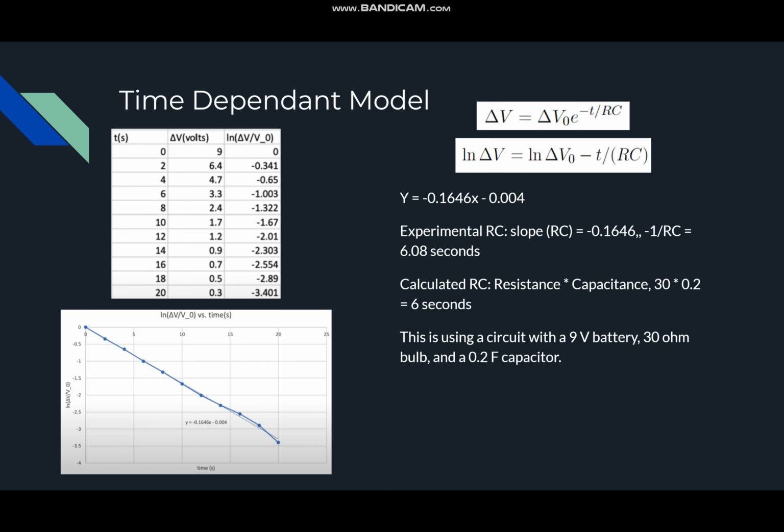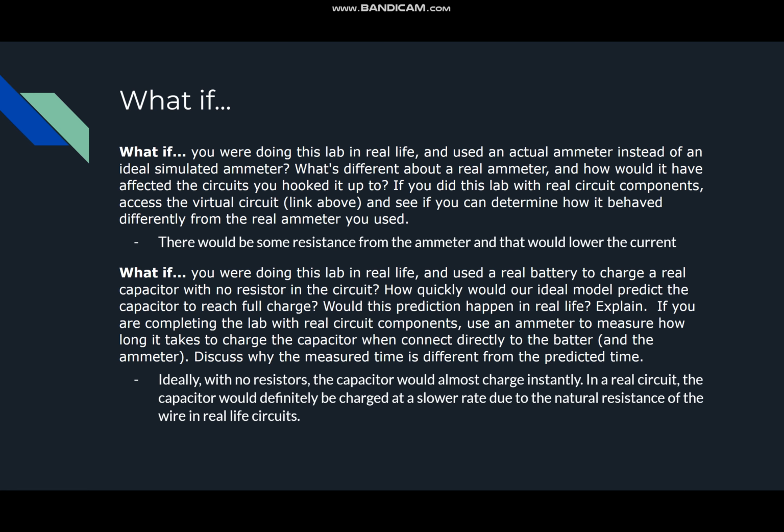Pretty similar to our calculated RC, which would be just resistance times capacitance. Resistance being 30 ohms and capacitance being 0.2 farad, which equals 6 seconds, which is pretty close to that 6.08. And this is all using a circuit with a 9 volt battery, 30 ohm bulb, and a 0.2 farad capacitor. Now the what-if questions: what if you're doing this lab in real life and used the actual ammeter